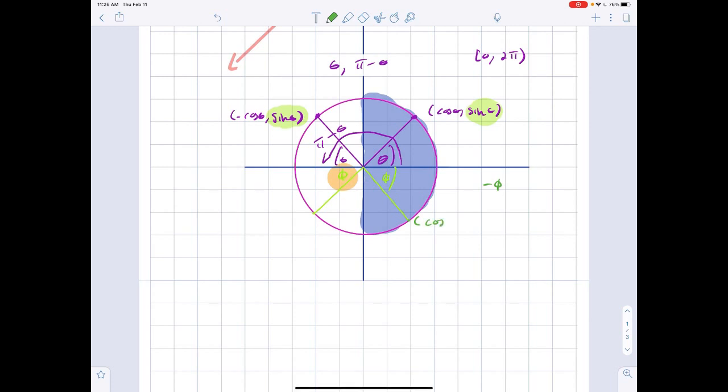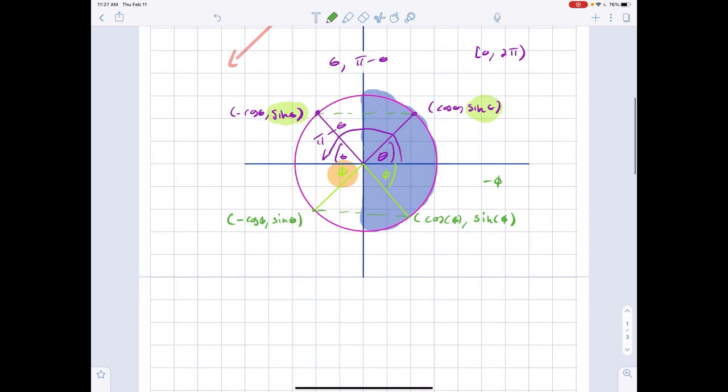This is going to be cosine of phi and sine of phi, and this one is going to be negative cosine of phi and sine of phi. Because the y-coordinates of these points, the cosine values are the same, just like the y-coordinates of these points are the same. Well, so again, if I wanted the solution in 0 to 2 pi, I have to think, okay,